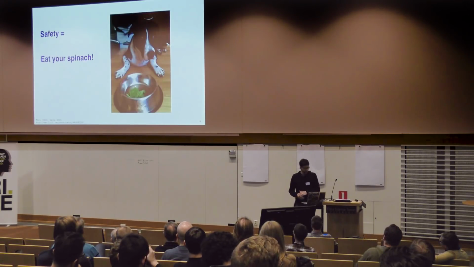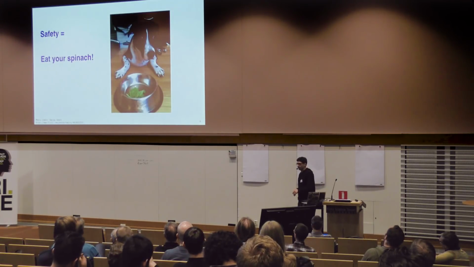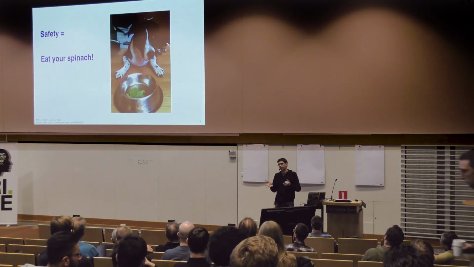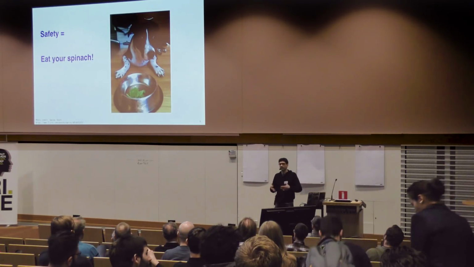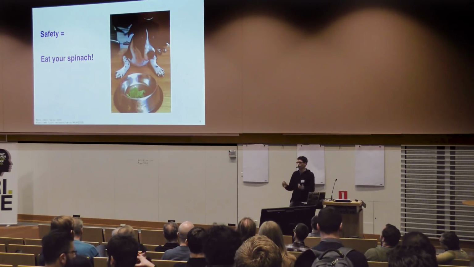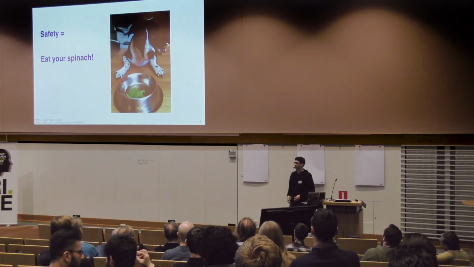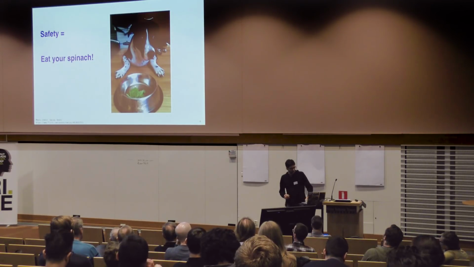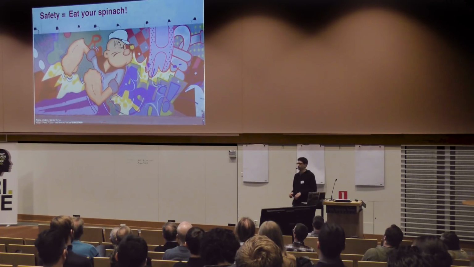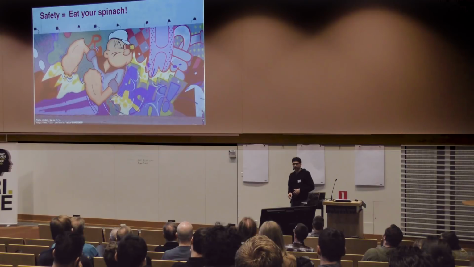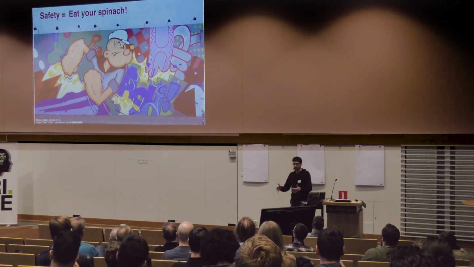And it can be a bit of a hard sell, I have to tell you. When I talk to people and I say, hey, I want you to use this fancy type system, it's going to give you safety guarantees, a lot of times what they hear is like your parents saying, eat your vegetables, right? It's like, I know it's good for me, but it's not really what I want. What I want to do is ship this thing tomorrow, and this is just getting in my way. That's not, however, how I see it, right? I see safety guarantees as spinach, but Popeye spinach, right? They're the kind of thing that lets you take this code and actually make it work for real, right?